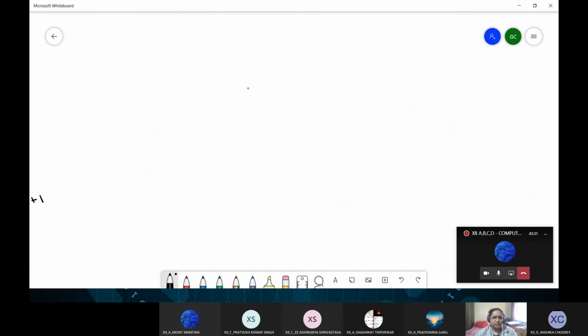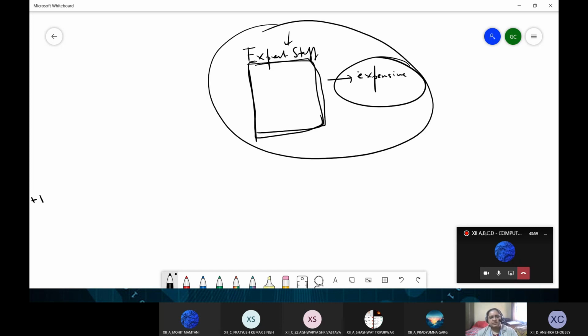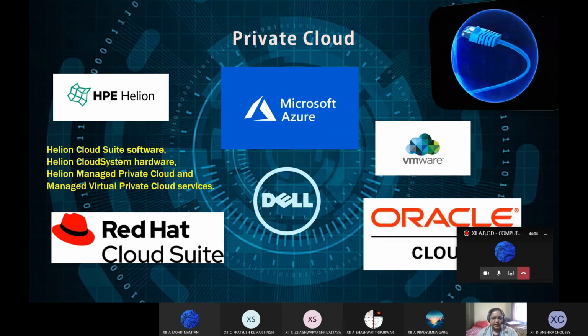Firstly, if that company has its own data center, it has to hire expert staff for managing that data center. So their salary is one of the issues. Maintaining and managing this data center requires a lot of hardware, which is again very expensive, so they'll have to invest a lot of money into that. So there is a lot of hassle involved in keeping our own data centers. Instead of doing that,